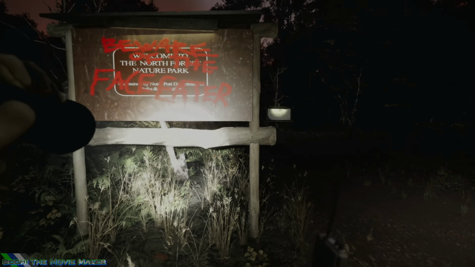I made this environment for the animated short horror film based on my novel, Northport 1999, that I am making